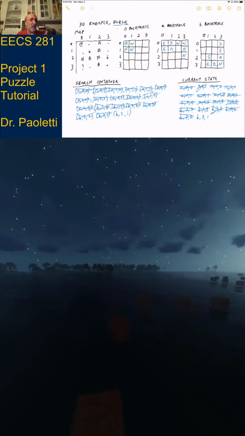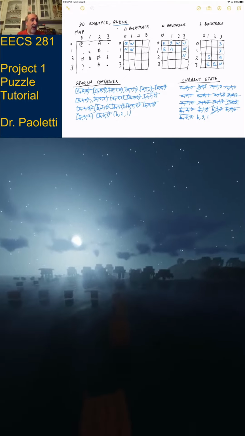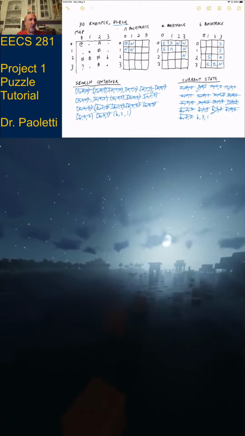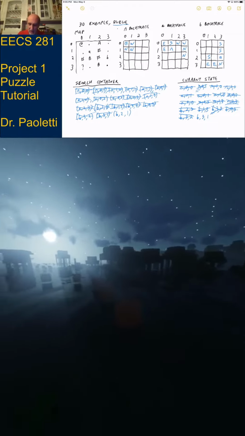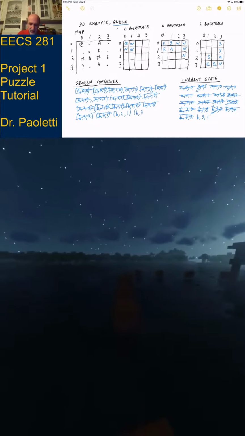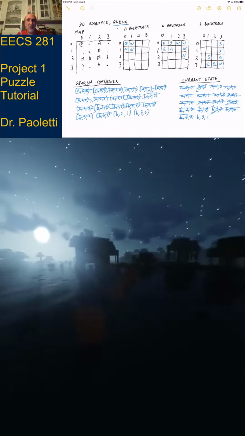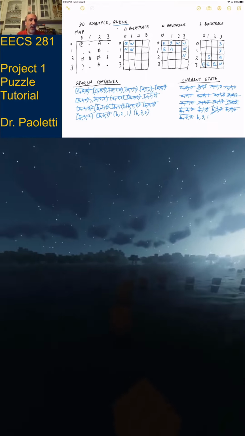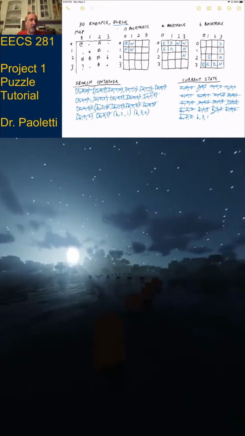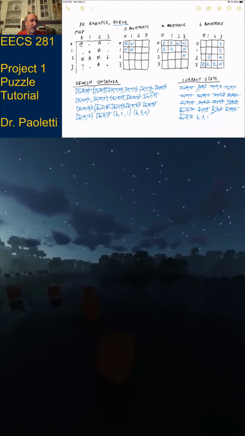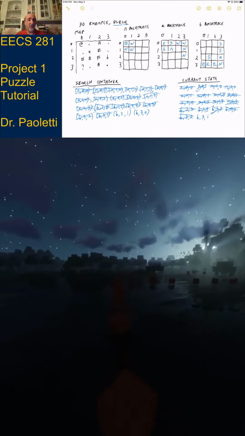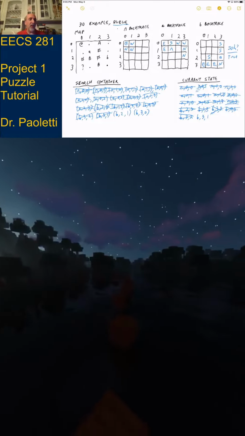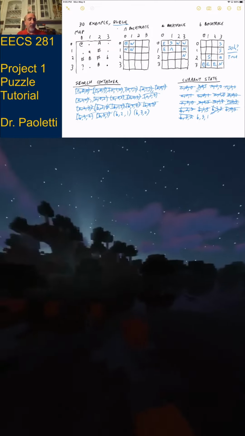Okay, so is it something I would be willing to walk on? Yeah, in fact, it's the target. It's the goal. So we have to do our due diligence though. So we add it to the search container. B30 gets added to the search container. B30 has to record how it got there. I got there from the east. Then we say, aha, that location that I'm looking at is the target location. It's a question mark. I'm done searching. I can say, is there a solution? True. I can break out of my loop, I can return from the function.